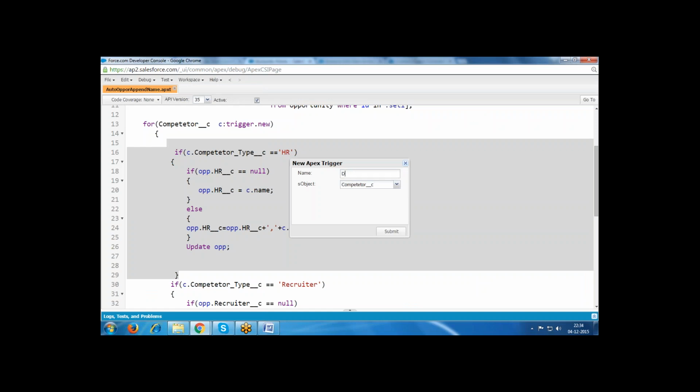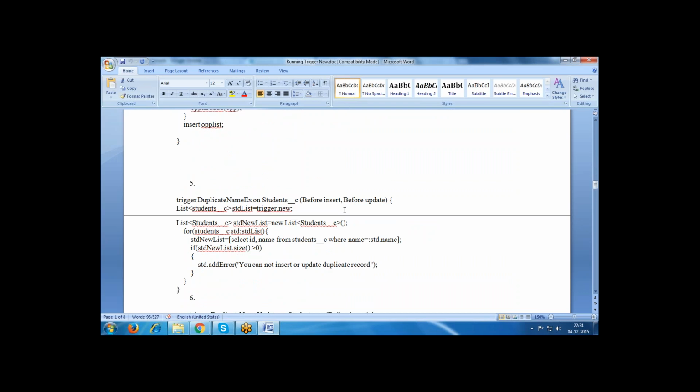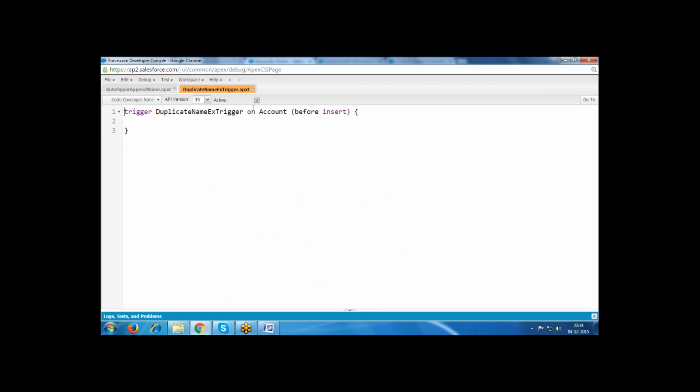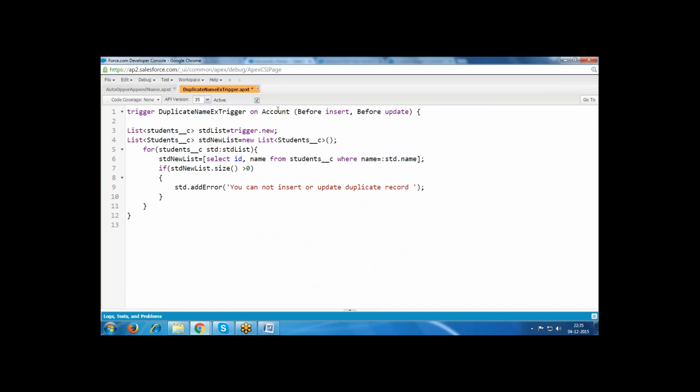My trigger name is duplicate name trigger or exception trigger, on the account object. Here the object name is account.